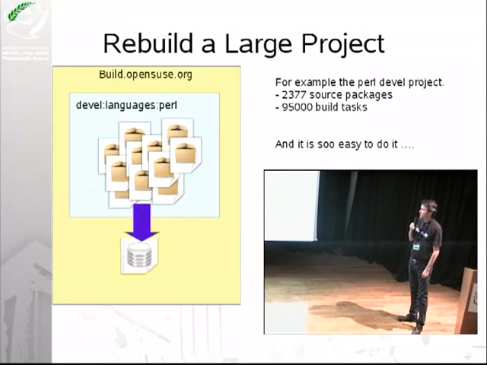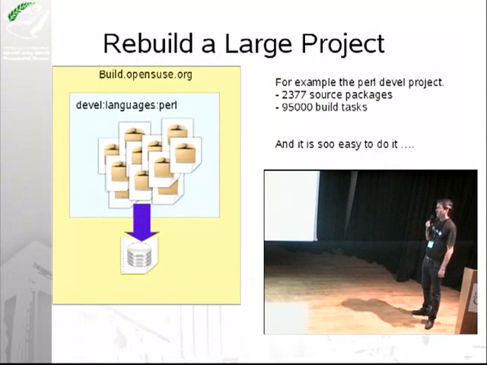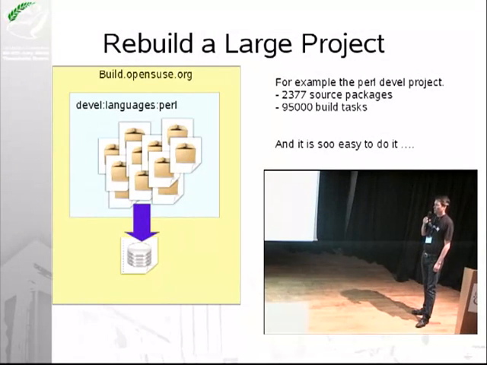On the fastest systems we have, I think we could tune it up to 20 seconds that the build result comes. But then the main server needs to recalculate and reorder it and publish it. And tools like createrepo, which are creating the metadata, so it's a standard tool for creating the metadata that zypper and yum and so on understand, are so slow and so inefficient that the publishing can take hours.